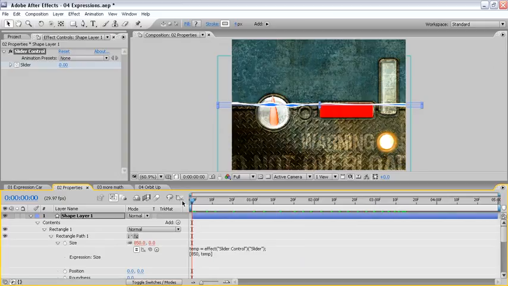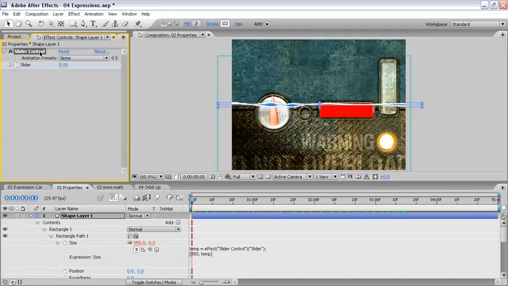Currently, our effect is called slider control. We know that we can change the name of an effect by simply clicking on the word in our effects control panel, then using Enter or Return on the keyboard and changing the name. We'll call this water height and use Enter to accept the name. In the JavaScript, it's telling us that there is a slider in the effect called water height, which describes the